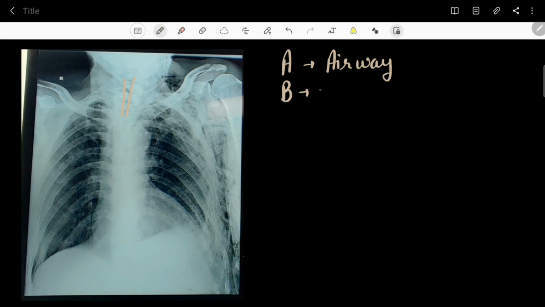Next, let's come to B. B stands for bones, and in this chest x-ray you can see a lot of bones. Firstly, this is the clavicle. This is the acromion process of the scapula. This is the head of humerus. This is the shaft of humerus. These are ribs, you can count these. In the bones, we need to see any kind of dislocation or fracture. And the thing that is quite clearly seen in this x-ray is these ribs.